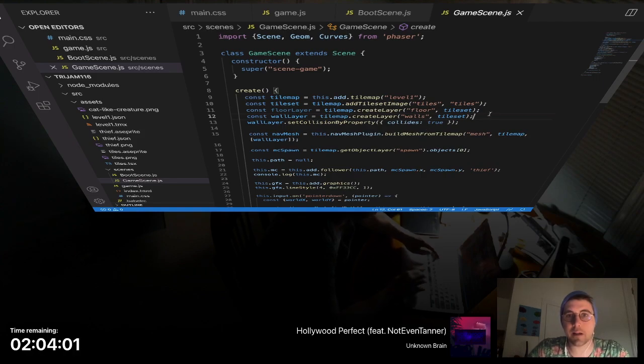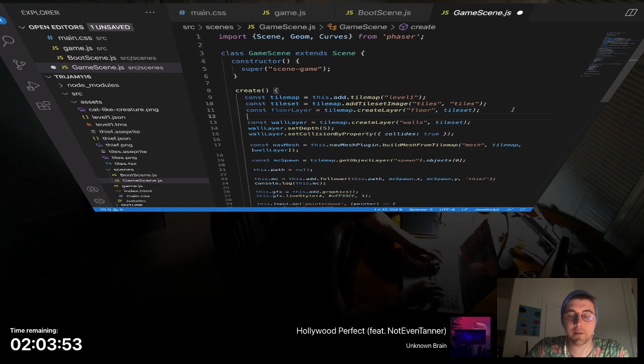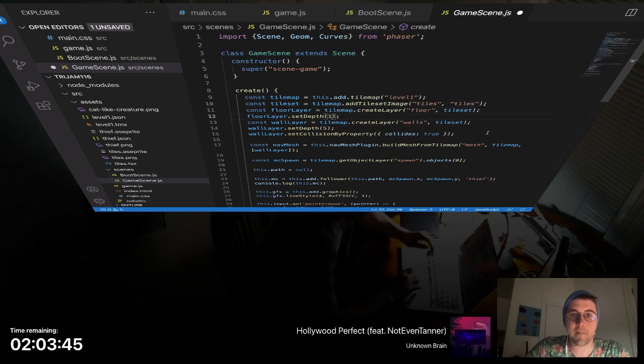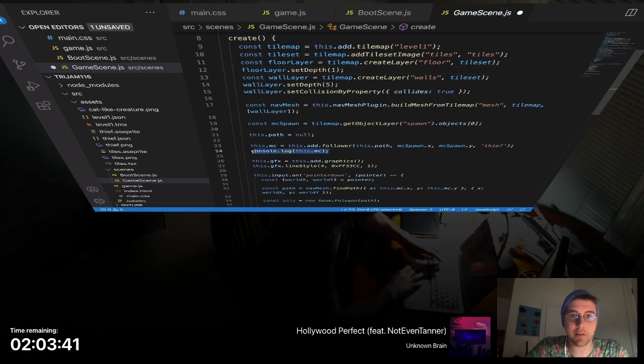So let's say wallLayer.setDepth, give it a depth of 5, floorLayer.setDepth 0 or 1. And then we'll put our character on